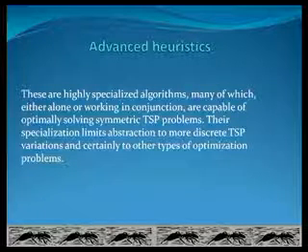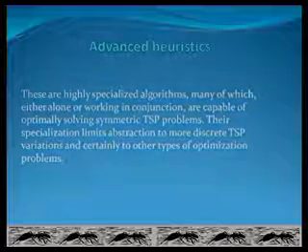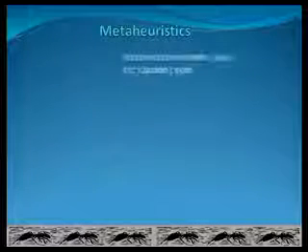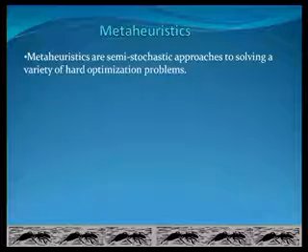Their specialization limits abstraction to more discrete traveling salesman problem variations and certainly to other types of optimization problems. Meta-heuristics. Meta-heuristics are semi-stochastic approaches to solving a variety of hard optimization